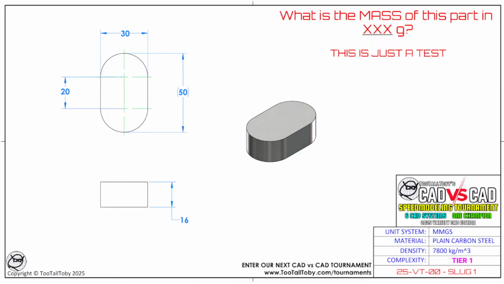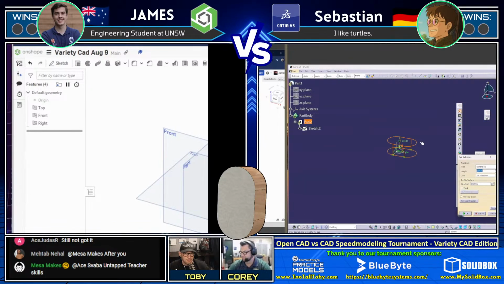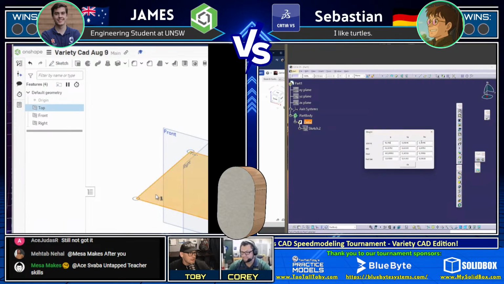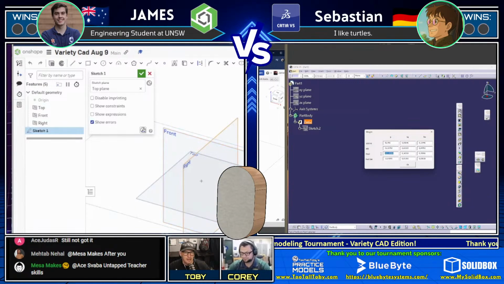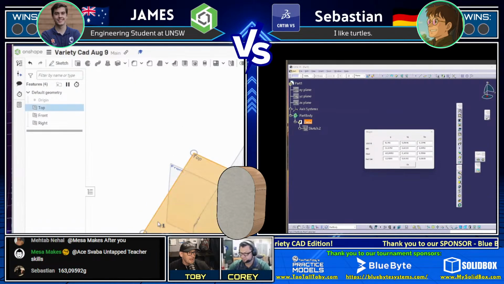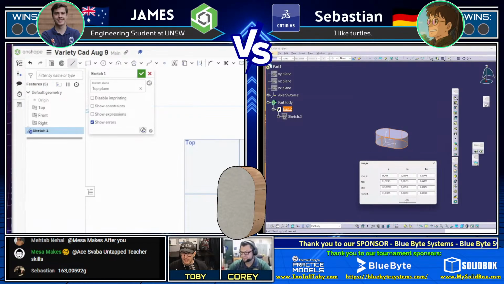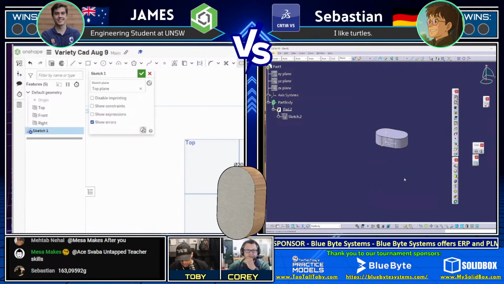So what's going to happen here is our runners are going to take a screen capture of what we see on the screen here. And if you want, you can take a screen capture as well. And then after they take a screen capture, they're going to try to model it up in their CAD systems. So we can see here that we've got James on the left, using Onshape as his CAD program, trying to model this thing up, a little bit of a tricky part here. And on the right, we've got Sebastian, using CATIA. They're both trying to model it up, and then after they model that up, they're going to enter the answer directly in the chat. And so you can see here that Sebastian was able to model that up and come up with the answer